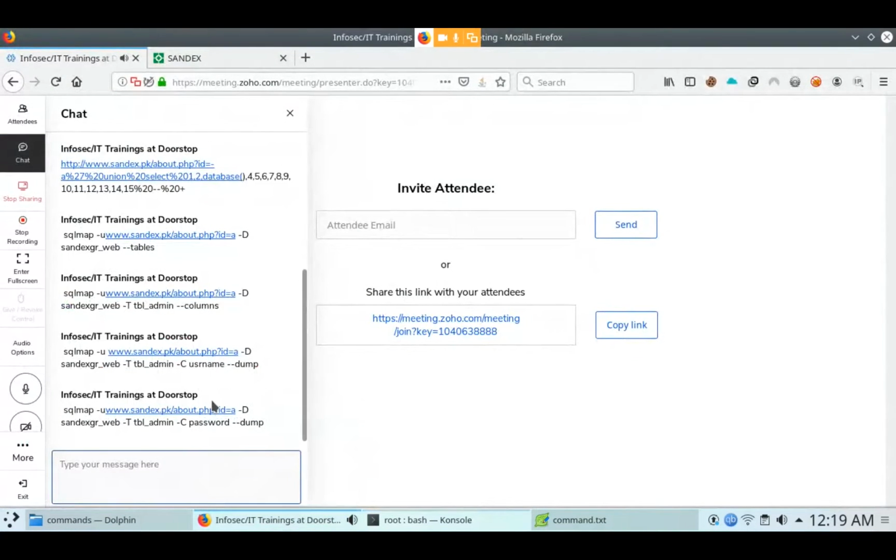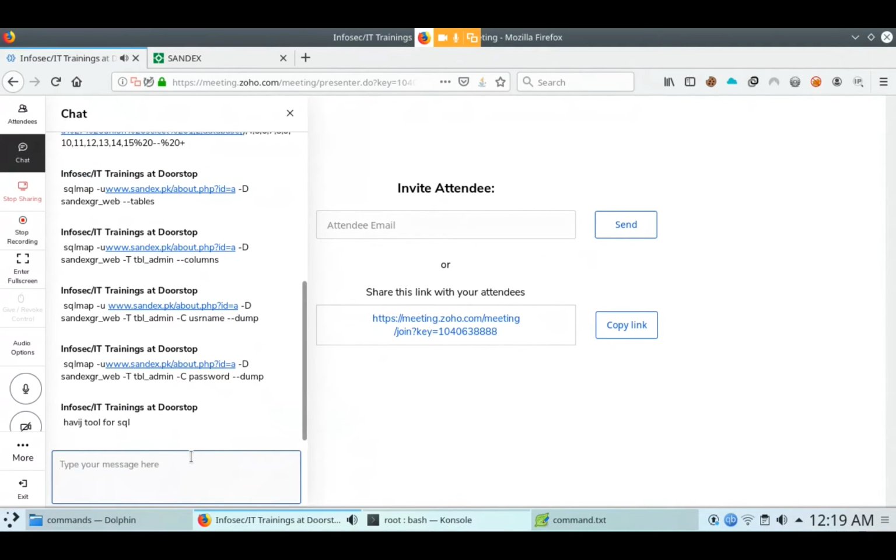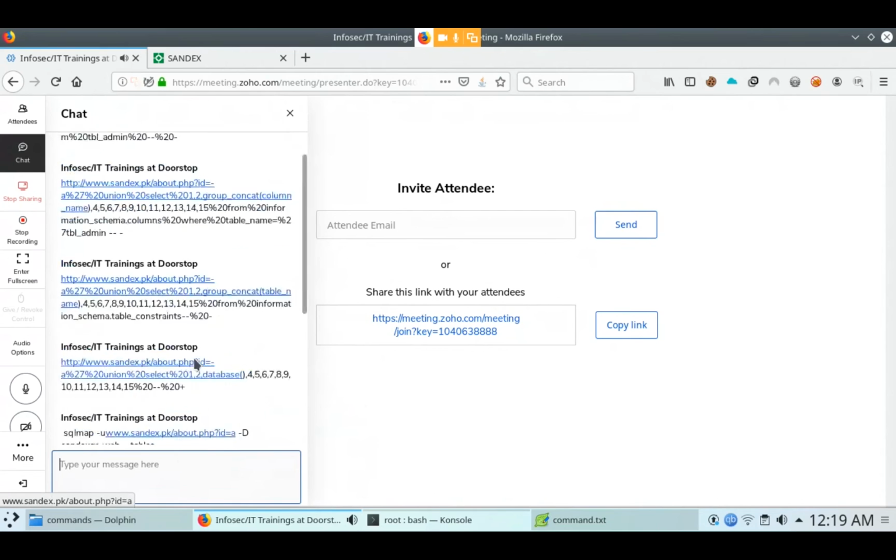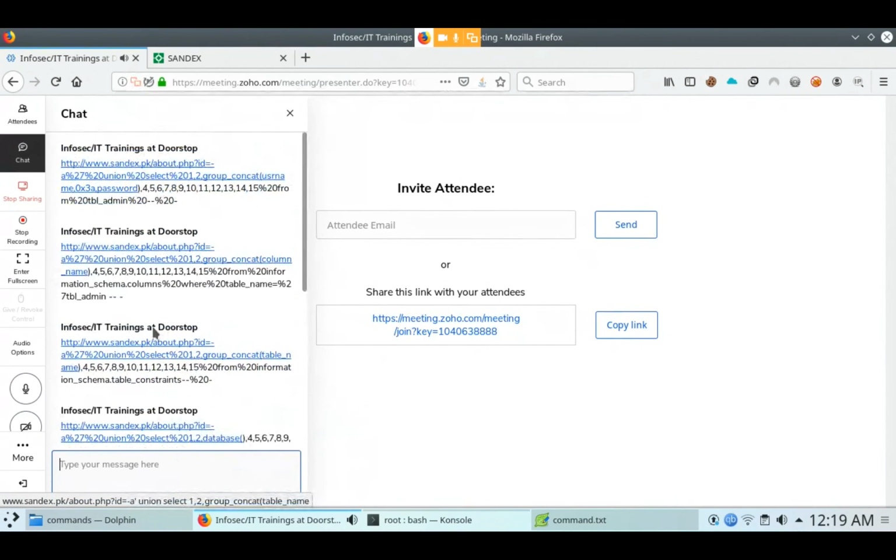After that we will start the next session. The next tool you have to use is Havij. Havij is also a good tool for Windows, so install this tool on your Windows. After that, run the tool. You have to install this on your VirtualBox or on main Windows. Havij is a GUI tool for SQL injection, and it is used on Windows. After that, this one will be the command, and you have to try this.